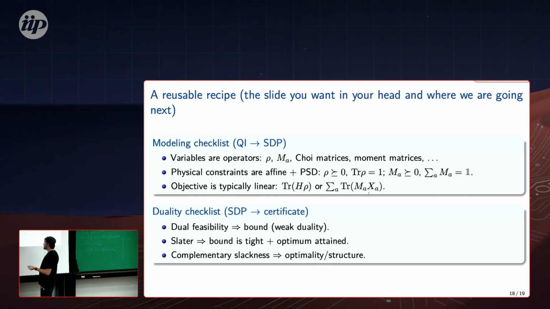And last but not least, once you have that the dual and the primal are the same, say you checked Slater's condition, then you also get more structure, some extra equations hold for the solution, and the name of that is complementary slackness. So yeah, this is it for the first lecture. As I said, later today, we're going to look at two very concrete examples, namely PPT states and the diamond norm SDP. But this was all.